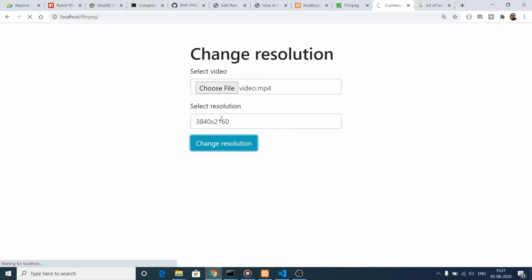After processing, it will print out the message that the file has been converted. This can take some time because it is changing the video to 4K resolution. 4K is the highest quality that you can get in terms of video.